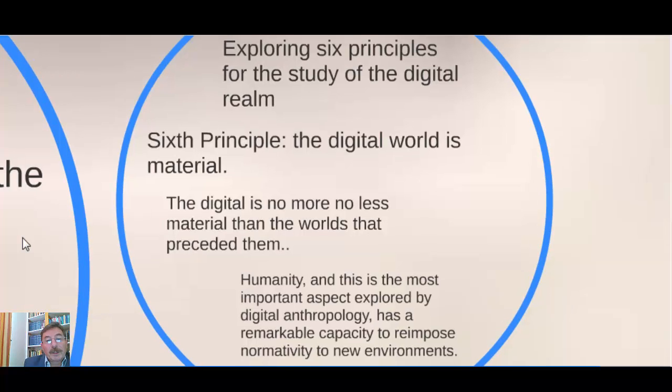Humanity, and this is the most important aspect explored by digital anthropology, has a remarkable capacity to reimpose normativity to new environments. So this is simply a new environment, and we are normalizing it and using it.